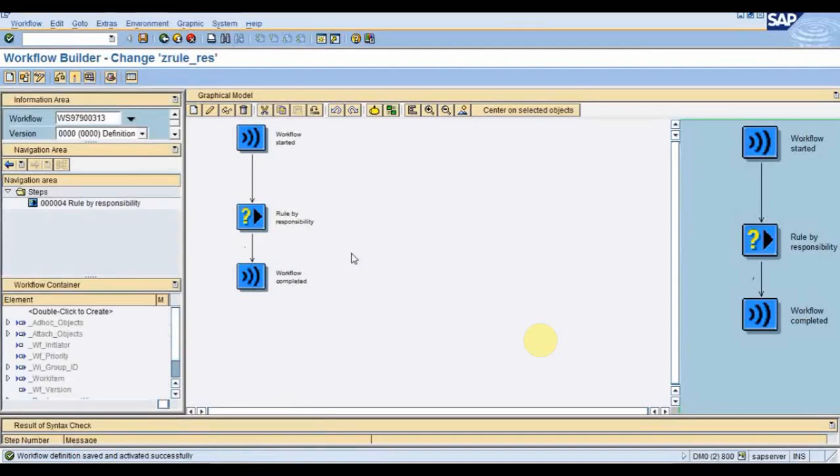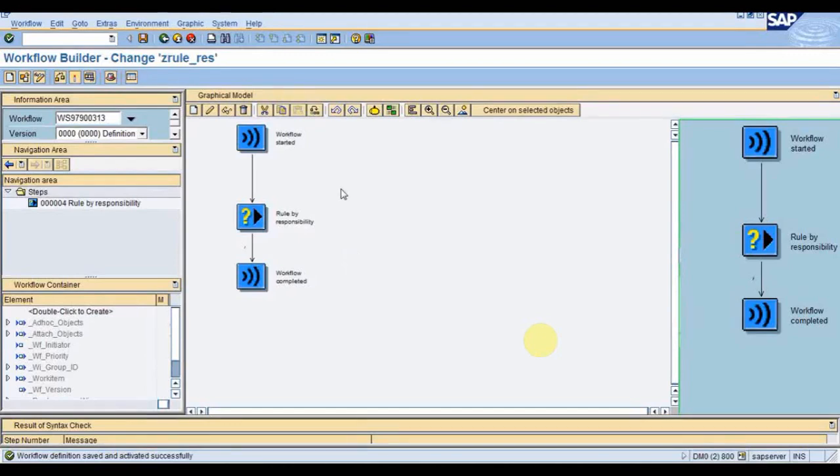In that ad hoc anchor step, what the user used to do is, at runtime when he executes the workflow, he decides which workflow should be executed next. It means he will have more than one workflow option, and out of those he will decide which workflow to execute. In real time we don't use this anchor step because a person won't go to the graphical log and select which workflow should be executed next. Similarly, this ad hoc agent assignment is also not used in real time, but I'm showing you so that you can know what it is.